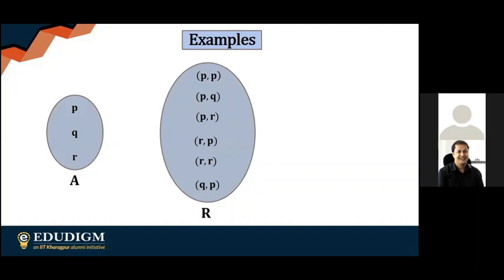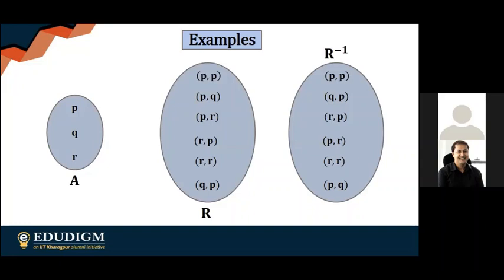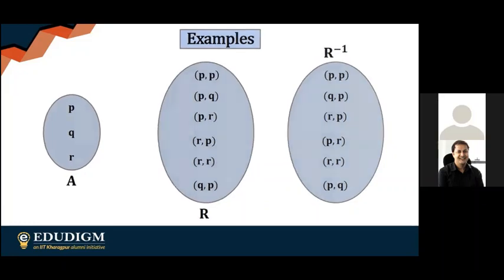Now in general, the idea of symmetry is there because even if you take the reverse thing, it's still in the particular relation. So just notice one thing mathematically. If I just construct R inverse here, which is basically the inverse relation of R, you will see that they are the same. So this is one very particular observation about symmetric relation, and this is what the essence of symmetry is.